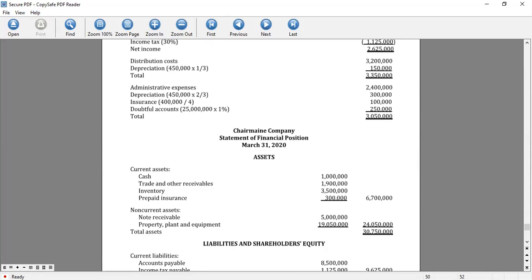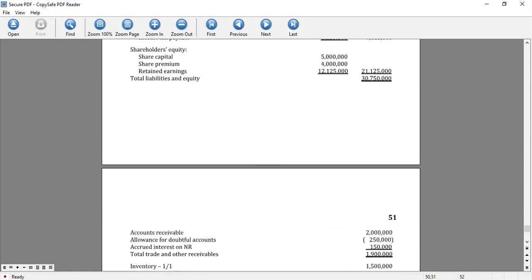So we have 250,000 doubtful accounts. So we deduct this from accounts receivable, and we have accrued interest on notes receivable equal to